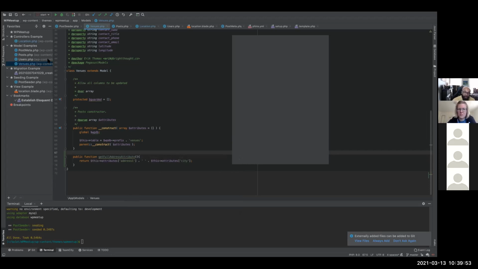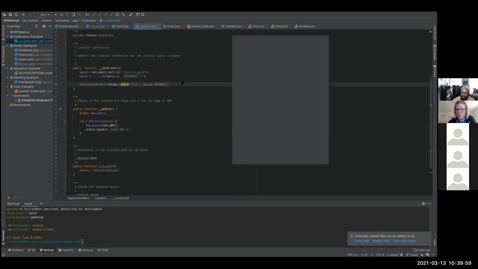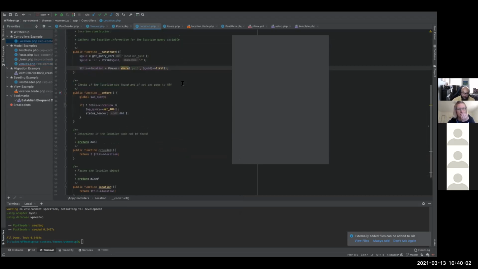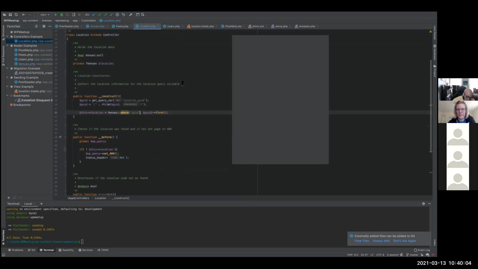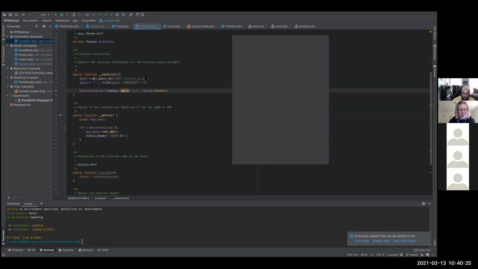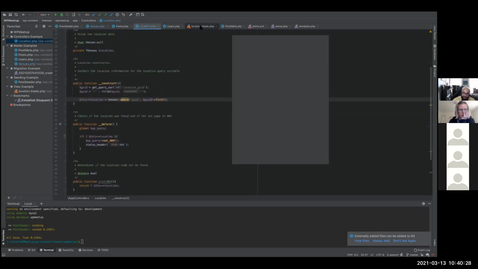Okay. So the next thing is a controller. A controller basically works in conjunction with your view. So I have my locations that I made before, that locations table. That is a custom permalink essentially. So every time anyone goes to the website name /locations/, it will immediately come into this controller here. And this controller will automatically send everything to my location.blade. Or if you don't use Blade, it will just be location.php.